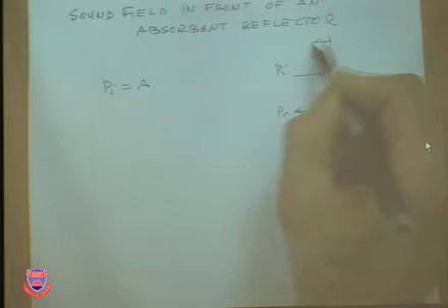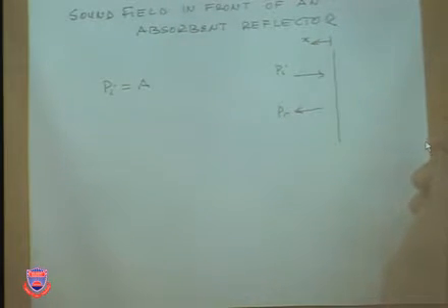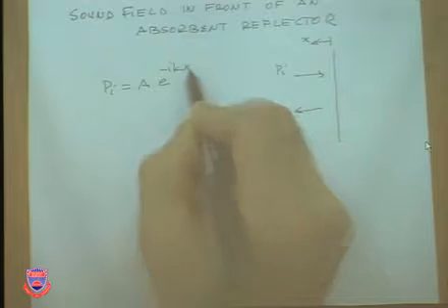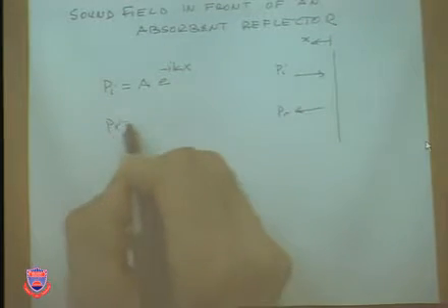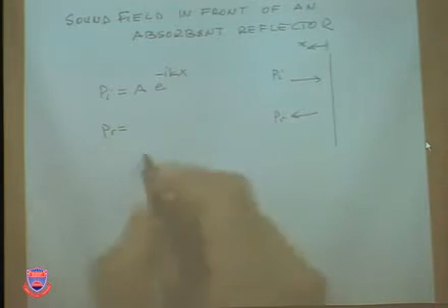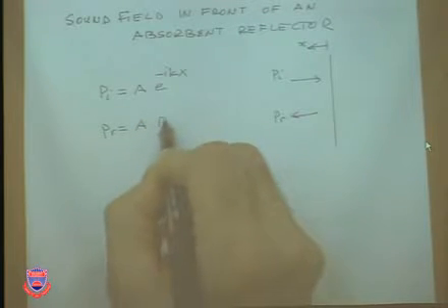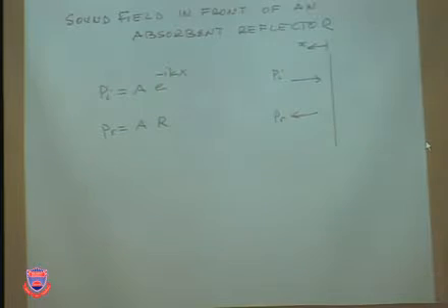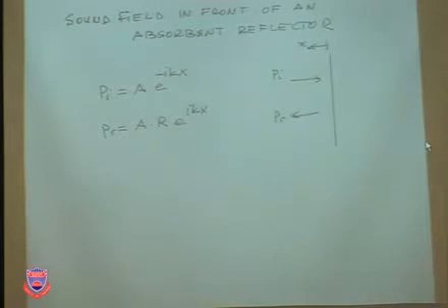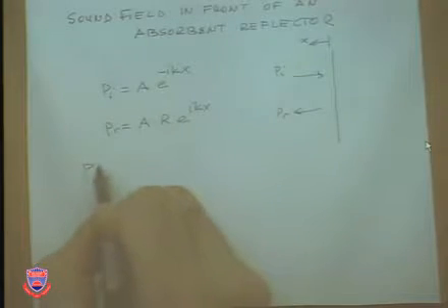Will it confuse you if I put x in this direction? So then pressure can be written with e to the minus ikx. The trick in this development is how do you express the reflection coefficient? You can say it's a b, but for ease, we say it's a times some sort of reflection coefficient, like we have used before, and it is reflecting back in the opposite direction. So the total sound pressure expression is